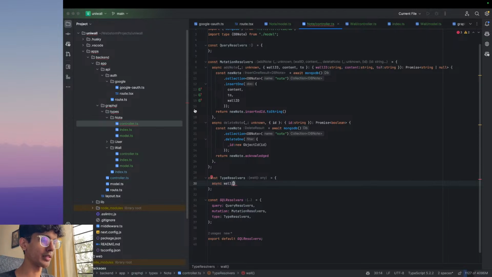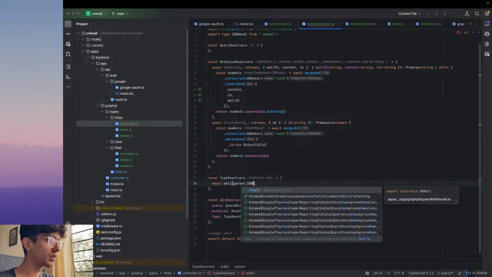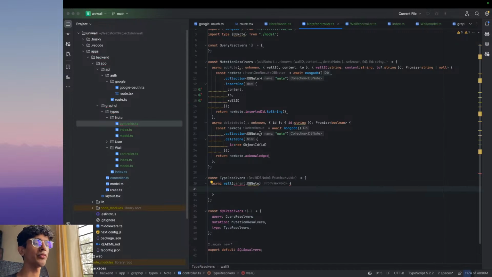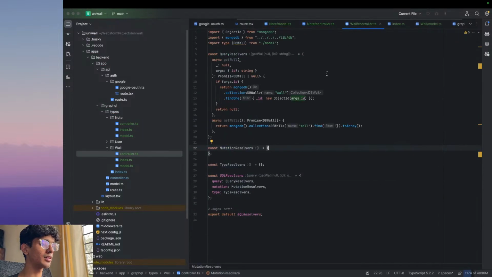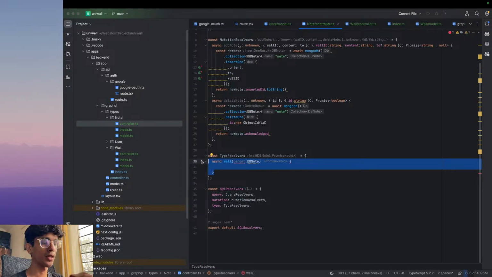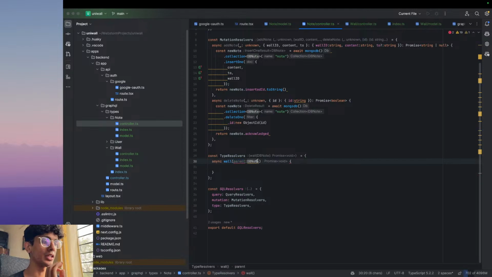I don't remember, I think it's the first argument. Parameter is going to be db node. So what's going to happen is, whenever GraphQL sees that I need to fetch the wall of a particular node, it's going to go back to this function here. It's going to say, okay, I need to fetch the wall of a node. And how am I going to do that? I'm going to take the parent, which is going to be the node, the database, and I am going to